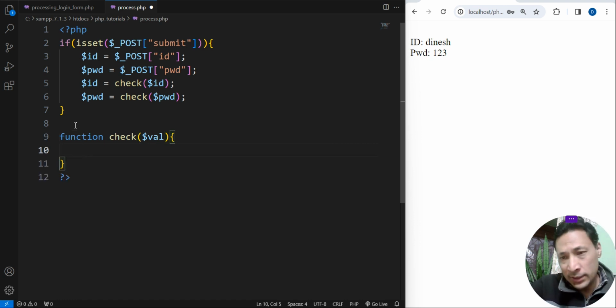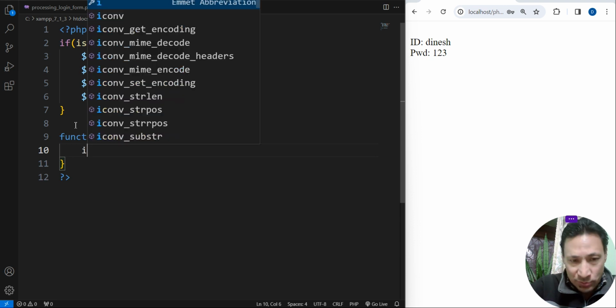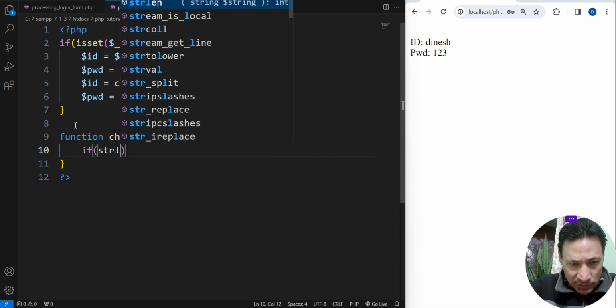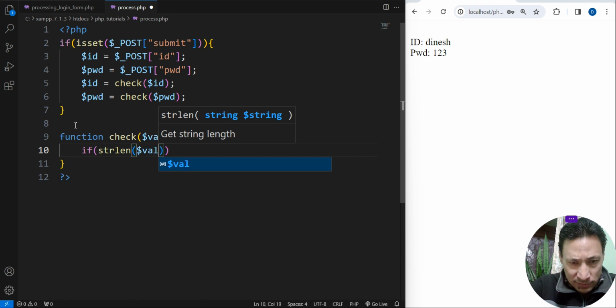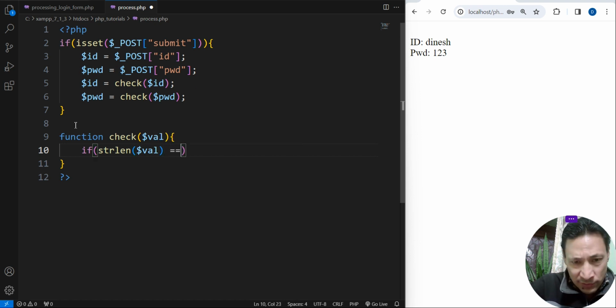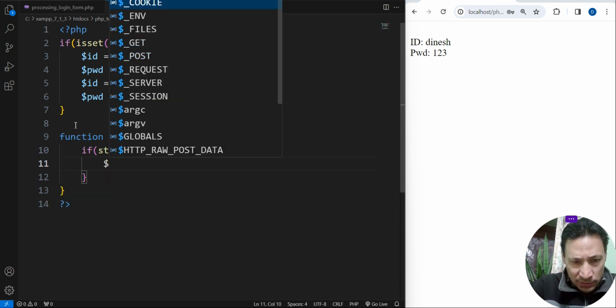Now we have to check whether the user has provided a value or not, and whether some weird characters are written within those values or not. So if strlen, the strlen function, is not equal to 0, then what we do is